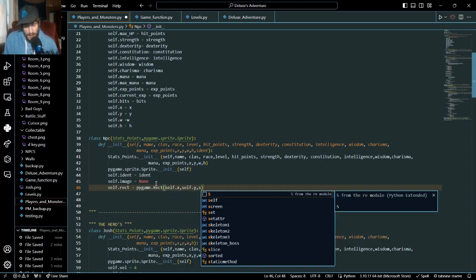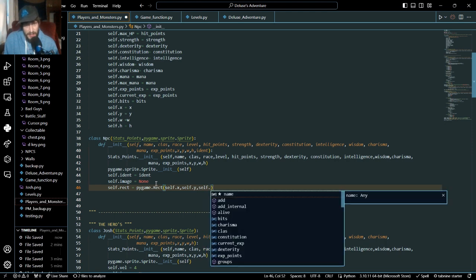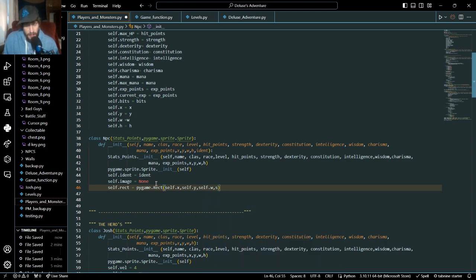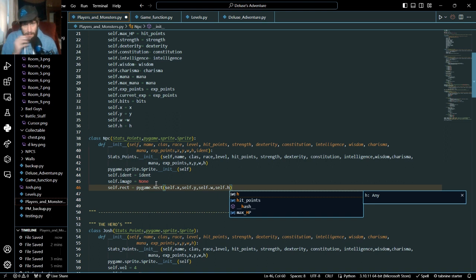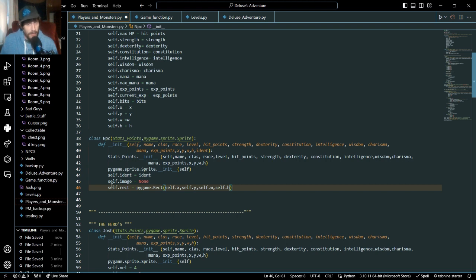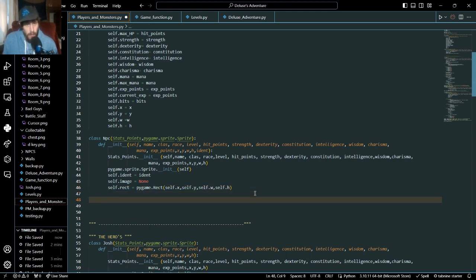So we'll put that in here really fast. Make sure we do it correctly, and height. So x, comma, comma, comma. Okay. So now that we have an identifier, the image, and our rectangle,